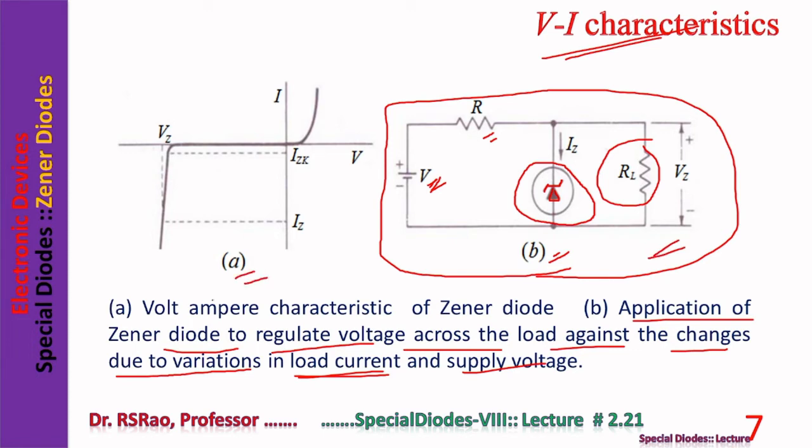Now let us spend some time on the volt-ampere characteristics of a Zener diode. On the forward biased side, its characteristic is very much similar to an ordinary diode. Up to a certain point, current is zero in the forward direction. After that, current starts increasing with voltage in an exponential manner, which is the same as any ordinary PN junction diode. In the reverse biased condition, the current in the diode is almost zero until